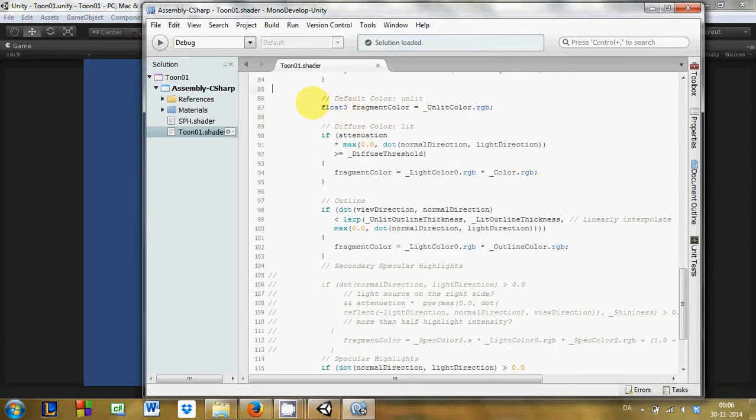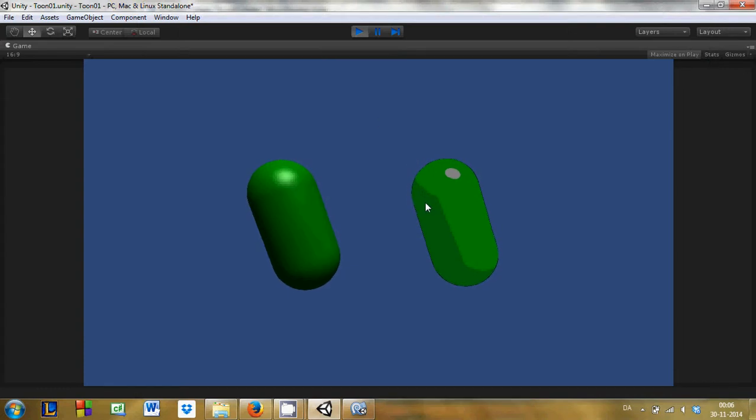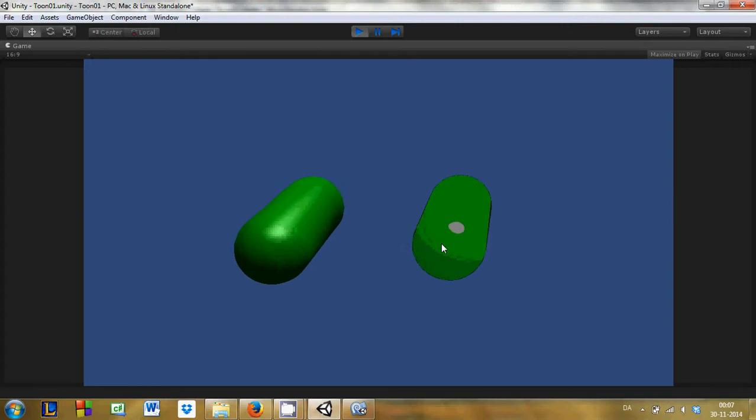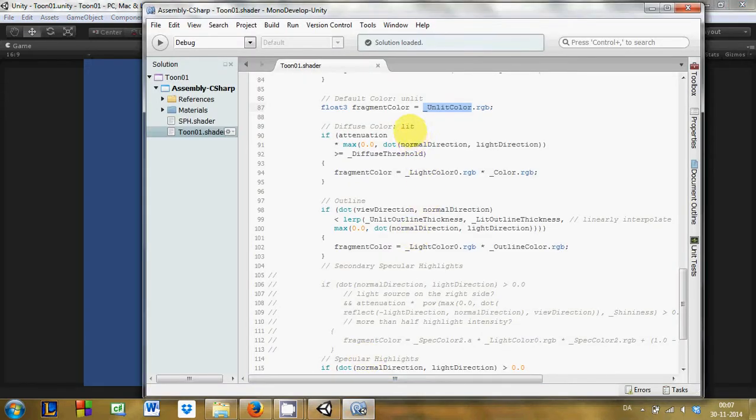Now, first of all, the fragment color is by default set to be the unlit color, as we see in the example here. It's the dark green color, and in the phong reflection model, it functions the same way. This step is the only one that's completely similar. Now, after that,